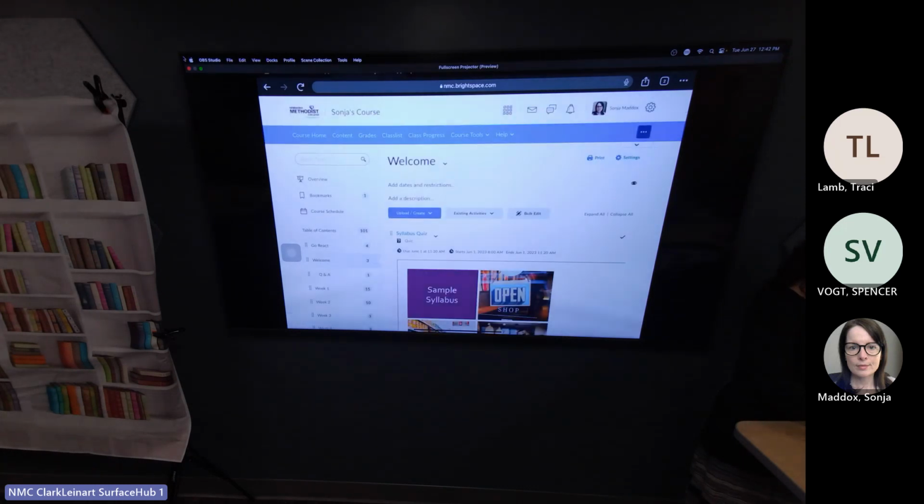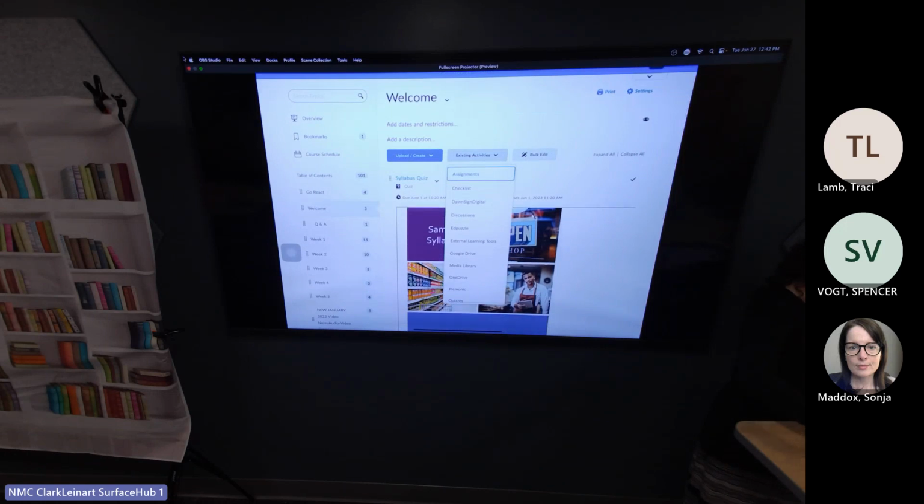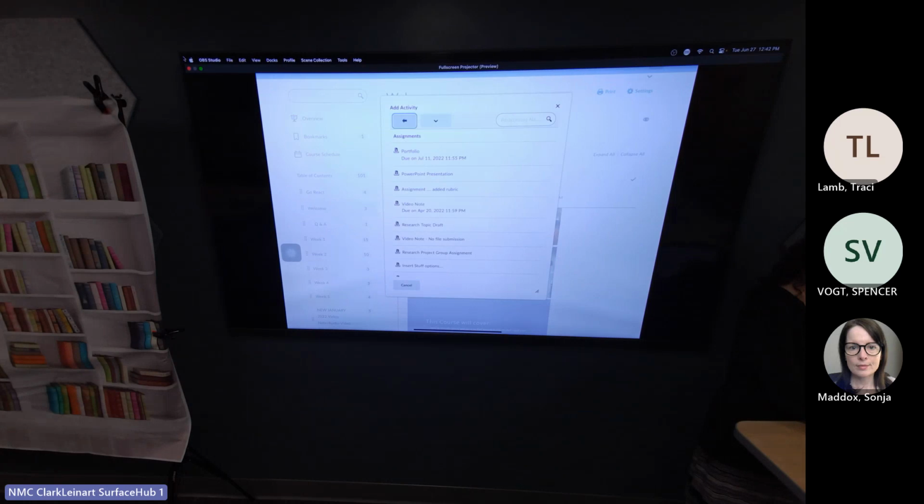Or in the inverse, if you have an assignment that you've already created, you would go to existing activities to pull in the assignment, and then you would grab whatever the name of it is.